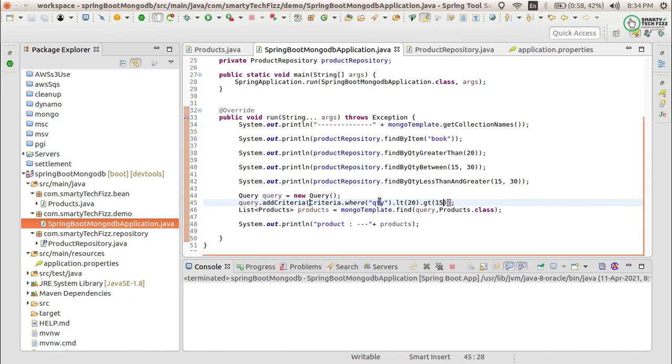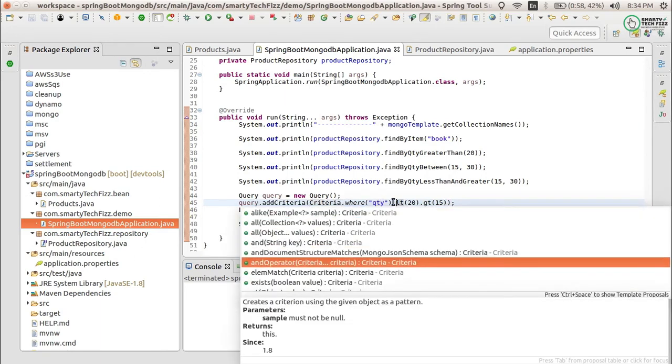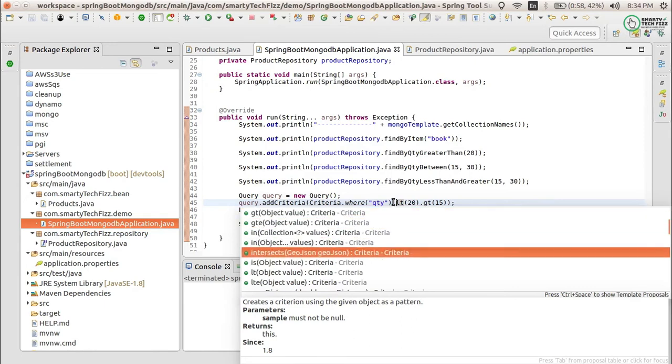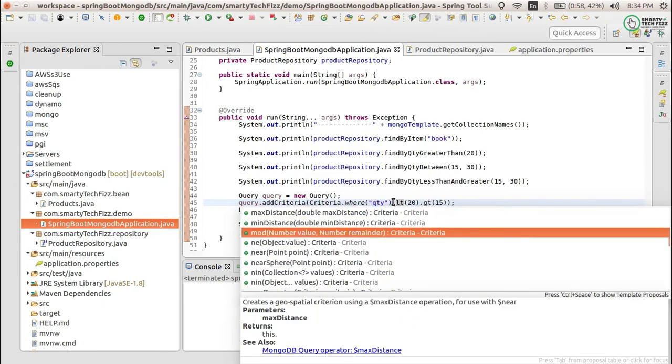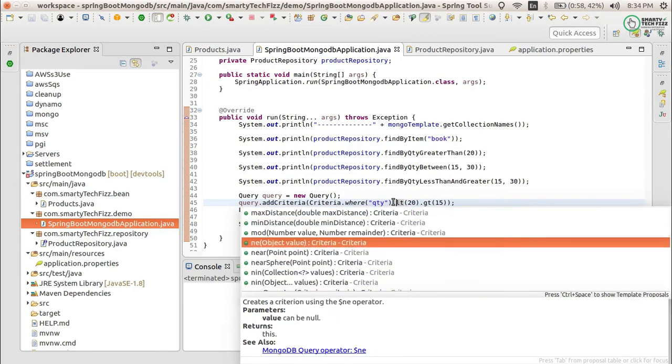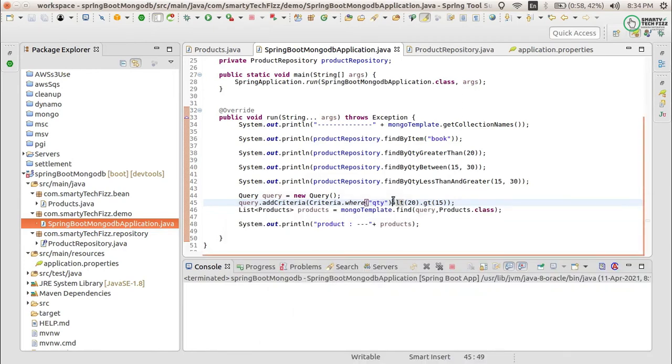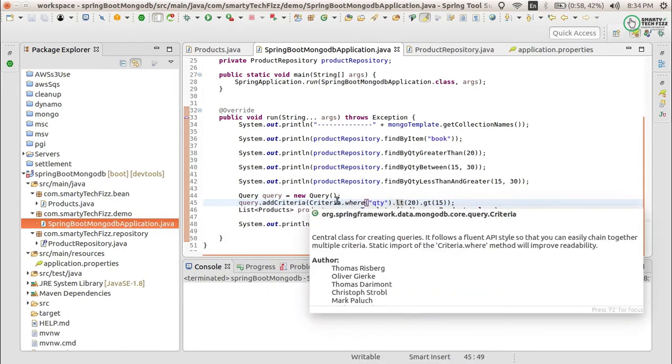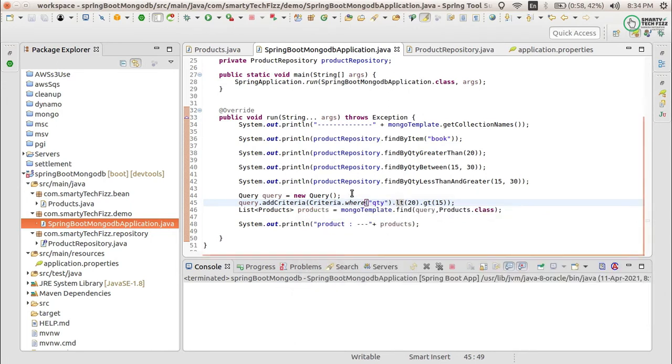You can see that there are many methods, like where this, and we have all, exists, in, intersects, lte, less than, equals to, not equals to. There are many methods containing the where criteria you can use as per your use case, and that depends on you.